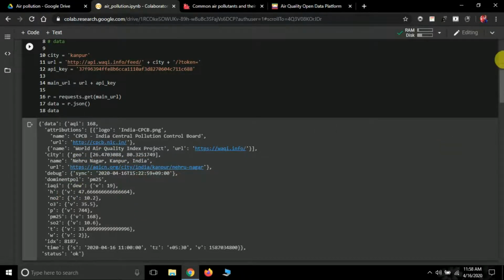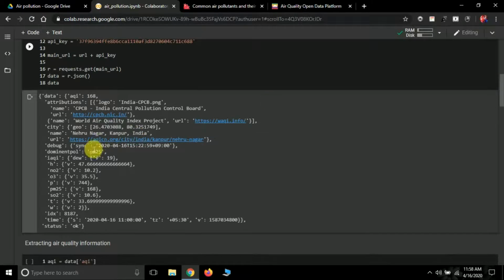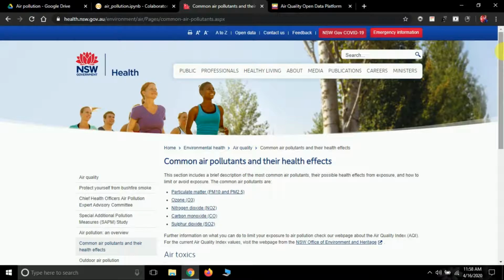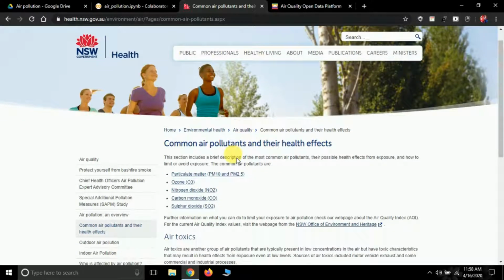Perfect. And here finally we have a few data. Here it's saying that the dominant pollutant is PM 2.5. The most dominant pollutant of air in my city is PM 2.5. See here, there are a few pollutants that are very harmful for health. The most important or common pollutants are particulate matter, generally PM 10 and PM 2.5.